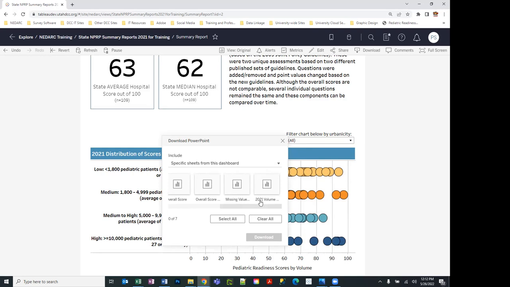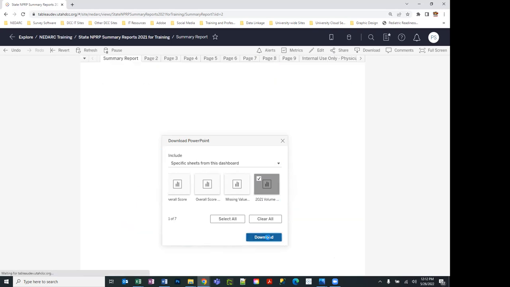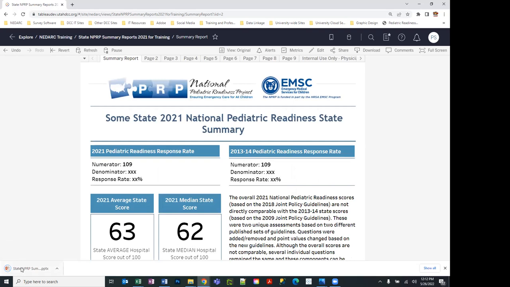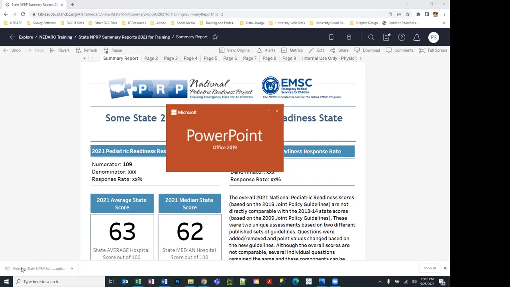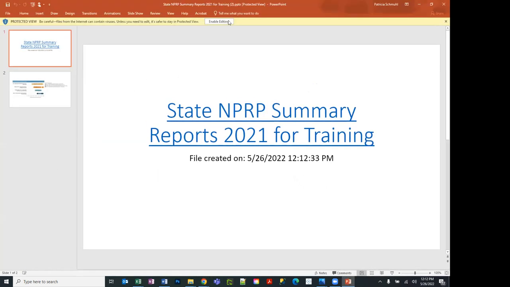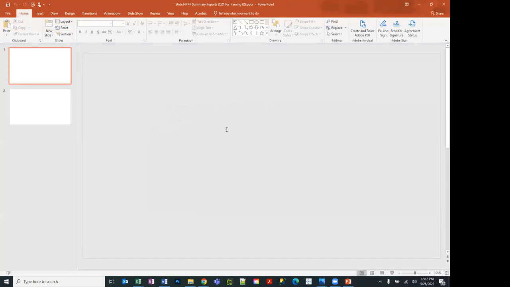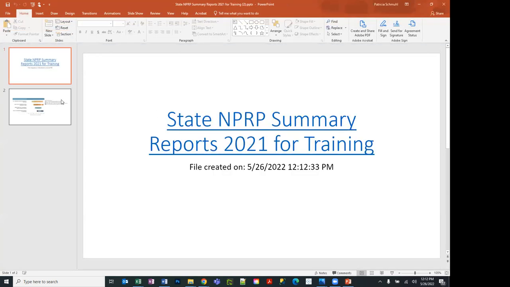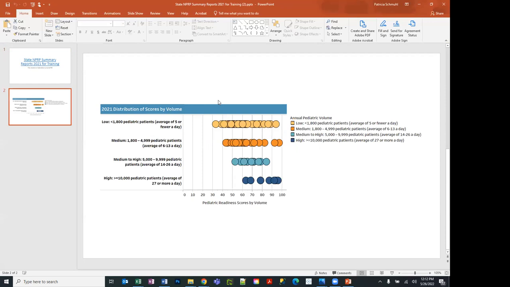Now scroll over. This one's at the bottom of the page, so it's probably the farthest one over. And here's 2021 volume. If you hover over it, it will give you the full name. I'm going to click that and I'll hit download. And I have a PowerPoint here that opens up. The very first page of the PowerPoint is a link to where this came from, so you can click on it. And then we have the image, and I can crop the image under the format tool